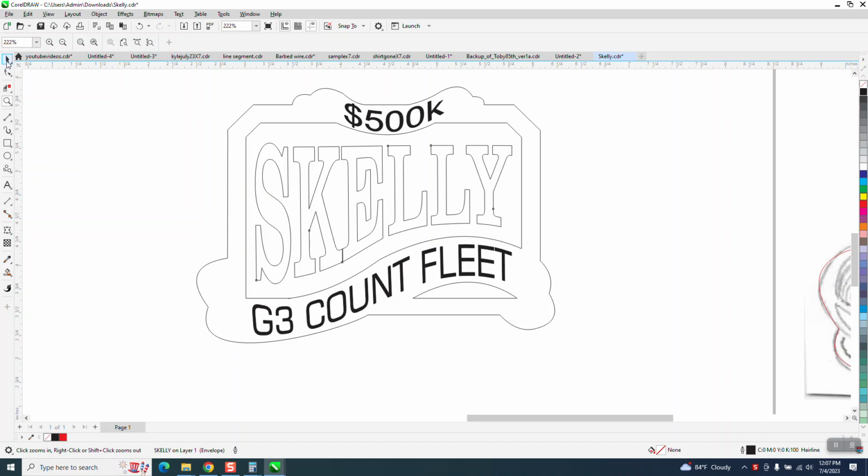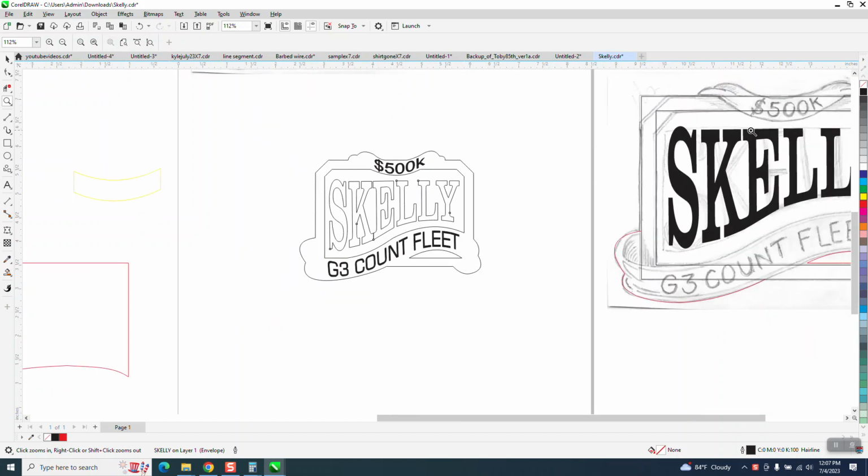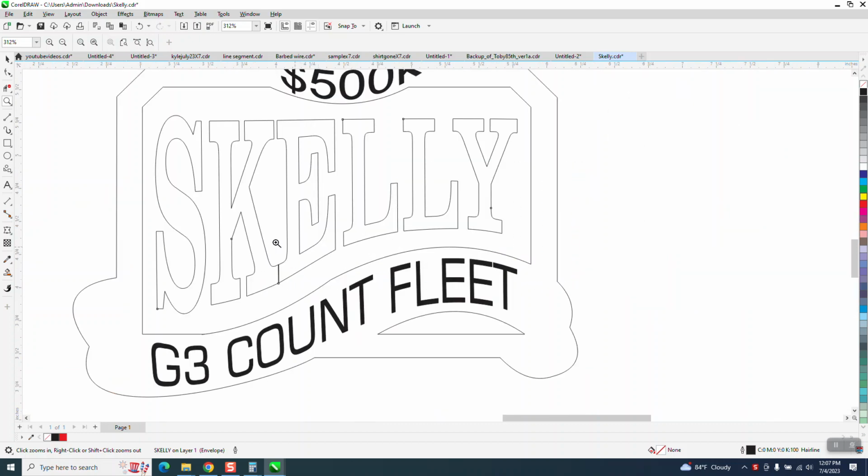When I emailed the gentleman to show him what I was thinking on this part, he had actually sent a Corel file and I did not see it. So he kind of did what I did. I like his, and I like the new top. I don't know how he does stuff. He's going to carve stuff into this. So I thought in part 2, and maybe this will be the last one,